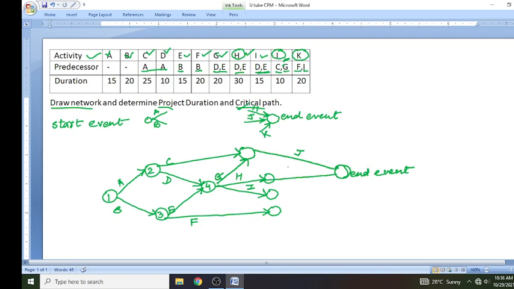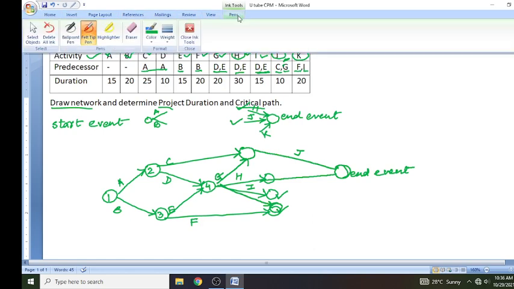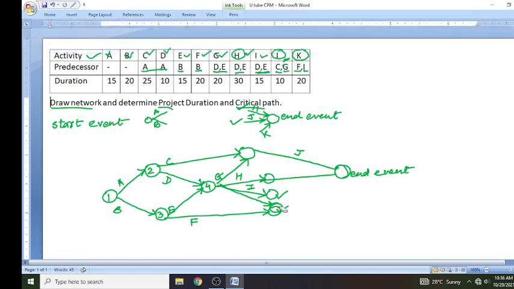From here we got J and H, and then K will come, but K is dependent on both I and F. So here also we can combine F and I. How? Like this. We will take the arrow of I here, and this circle will give completion of activities F and I. So K is dependent on both F and I. I can draw it like this.